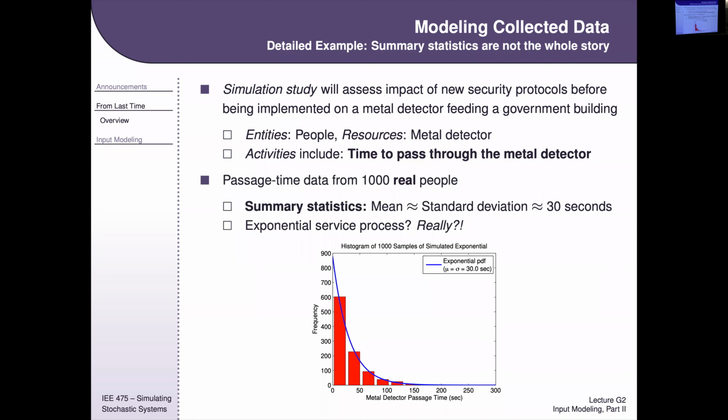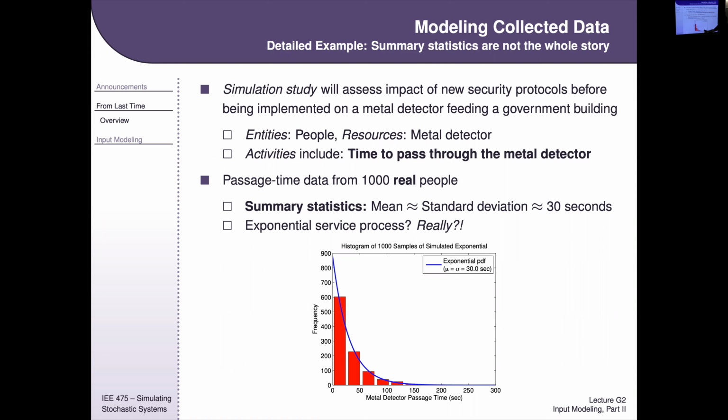And so we end up looking at our data, and we look at just the summary statistics for the process times of going through the metal detector. And it says the mean and the standard deviation are both equal to 30 seconds. So without actually looking at a histogram of our data, just looking at the mean and standard deviation, we might be tempted to just say, oh, it's got to be an exponential, because an exponential has got the same mean and standard deviation. So I'm going to go in and maybe I'll just put an exponential as my process distribution,